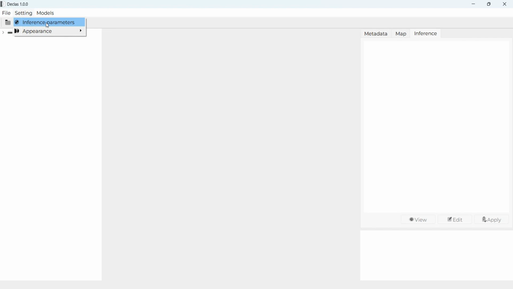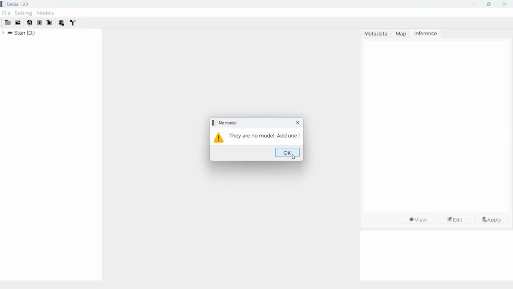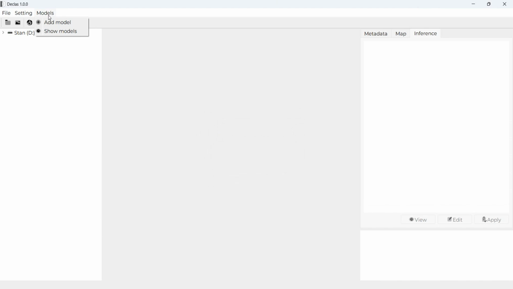Inference parameters is very important. I will show you how you can use it and why we need some options depending on the task you want to run. Here we have model. Here we want to specify the different models we want to use. A model here is the computer vision model designed or developed to process classification and detection. If I click, for example, on show model, you can see this message letting me know that there is no model available for use. Now what we can do is to add our models.